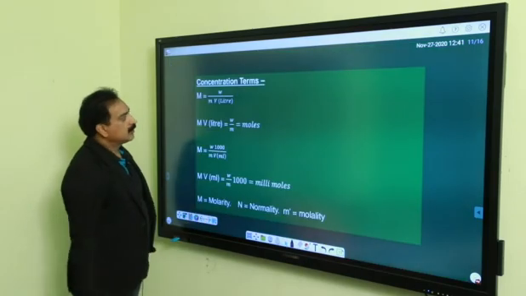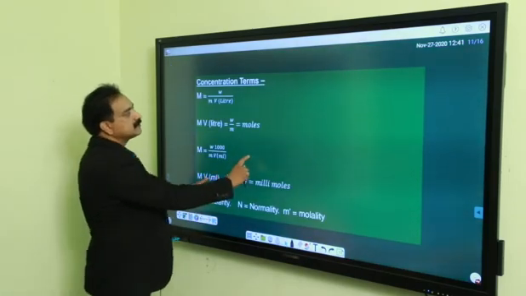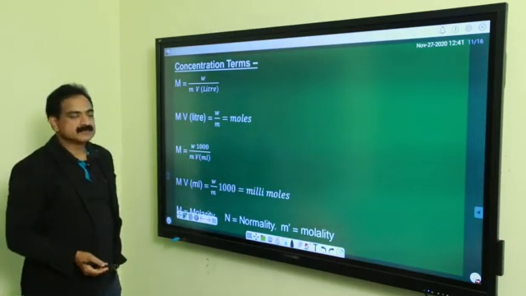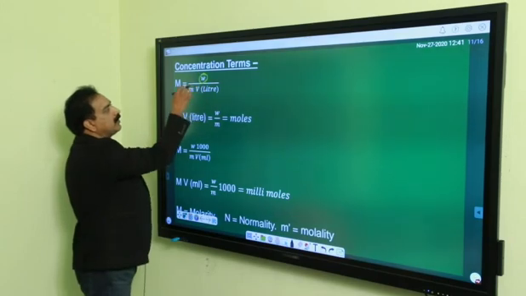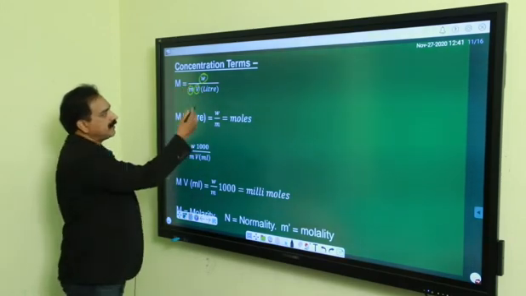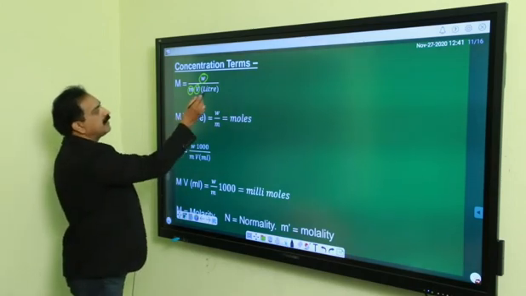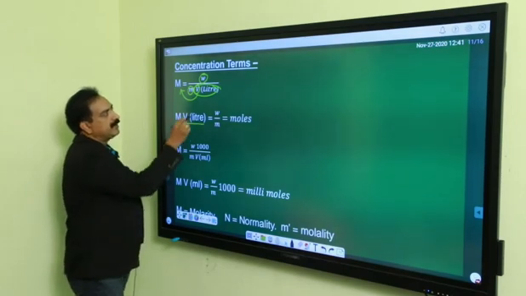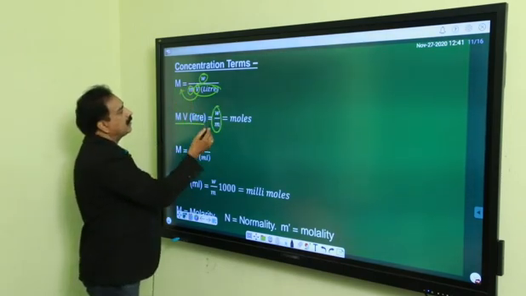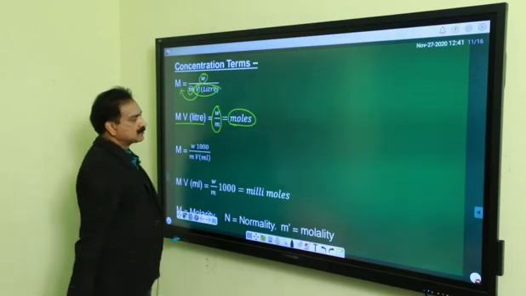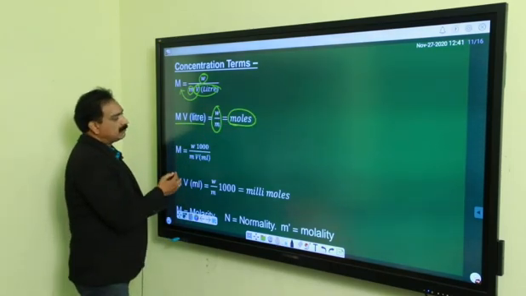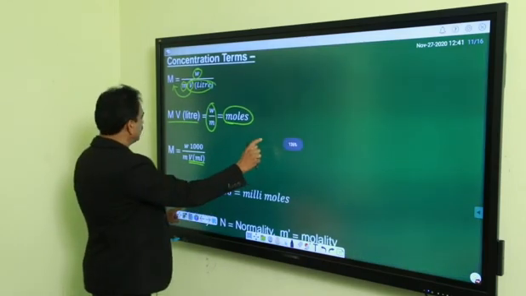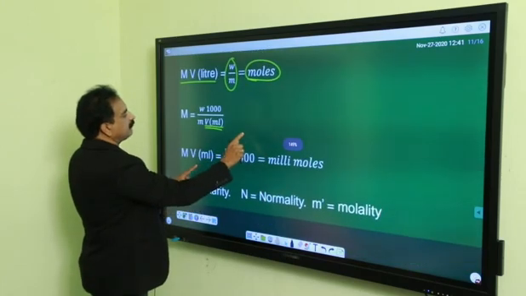Okay, and now come some concentration terms. Molarity, we have already discussed. Molarity is equal to W upon M into V, where V is the volume of solution in liter. If you take the volume factor to the other side, molarity into volume in liter, we are left with W by M, which is called moles. And if volume is mentioned in